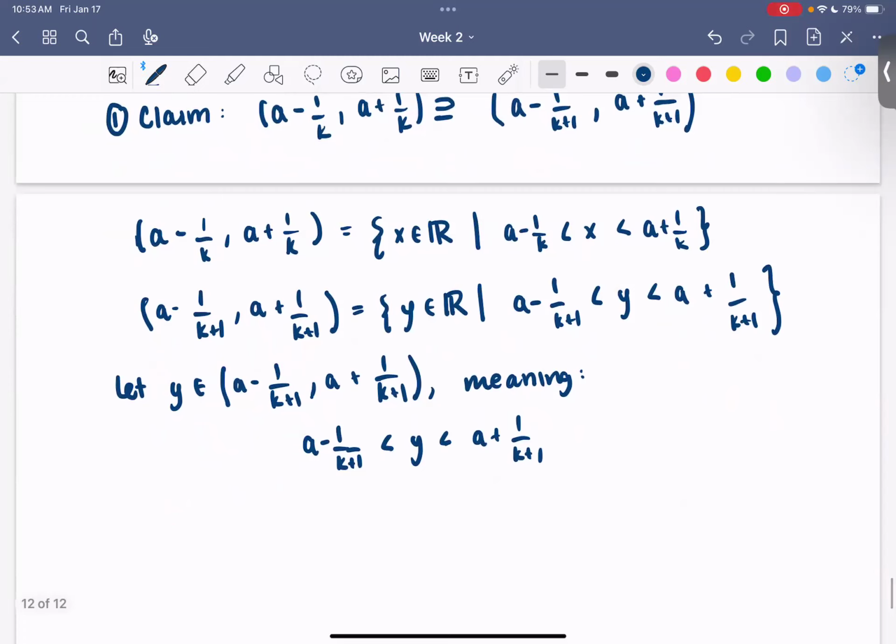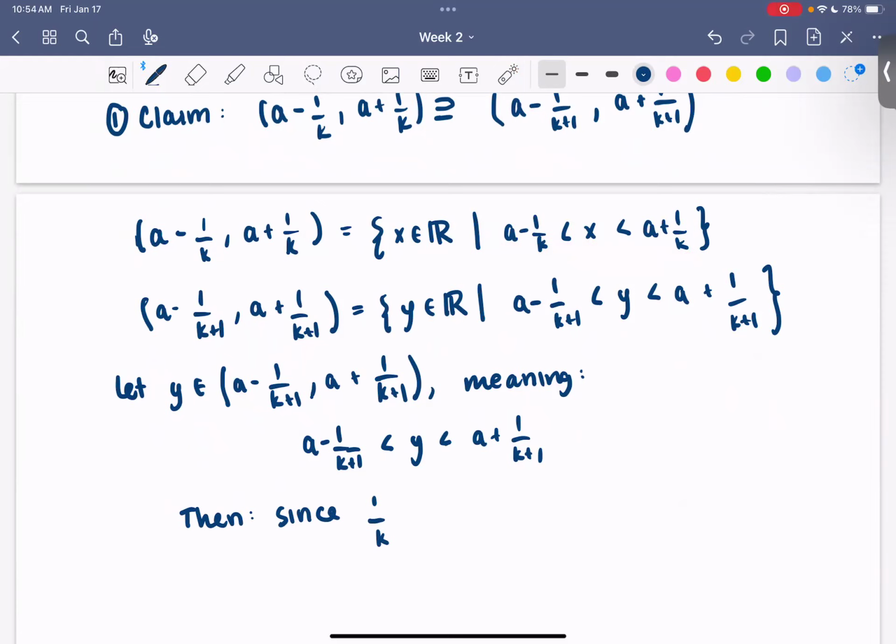Okay, then we need to show that y satisfies this inequality and that y satisfies this inequality. So then, I'll do the left one and then you guys can do the right one. So we know that,